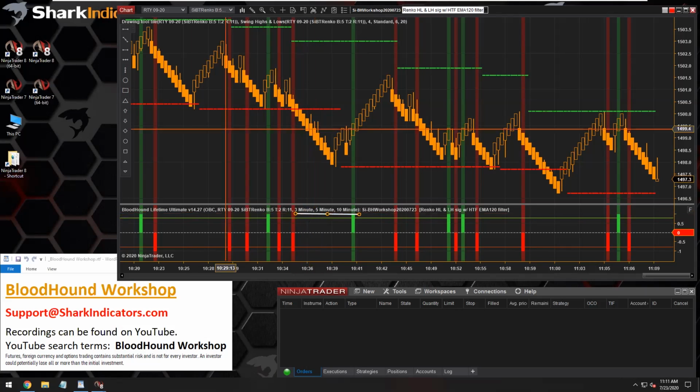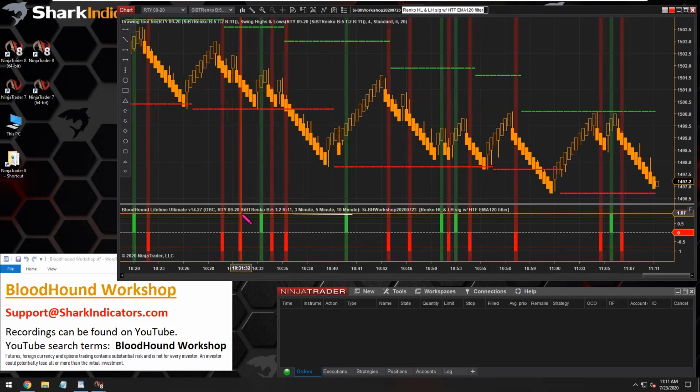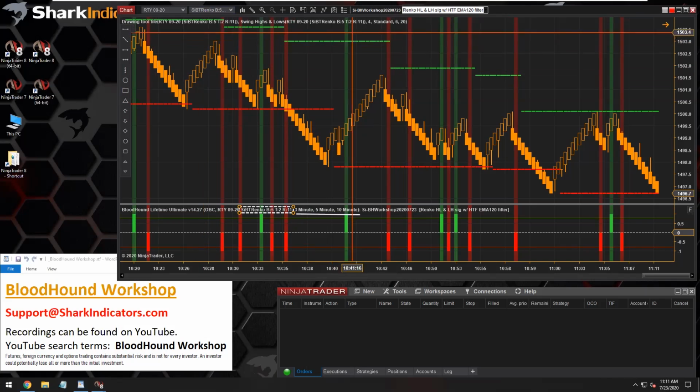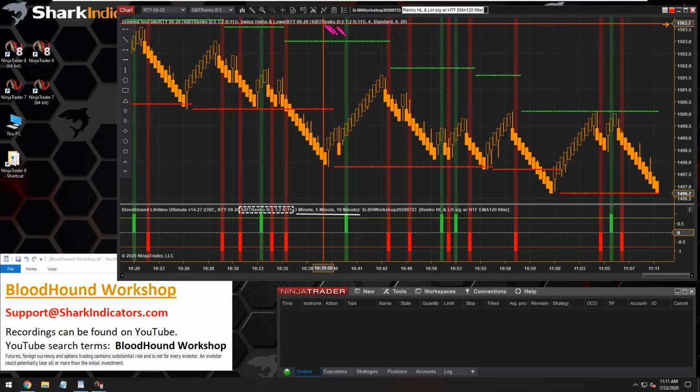So right there, yeah, we can see that. And then just to note, the first time frame is the chart that BloodHound is running on. Just like any indicator here, like the swing highs and lows, all the indicators will tell you what chart type they're running on. BloodHound does the same thing, and BloodHound will also tell you if it's using other